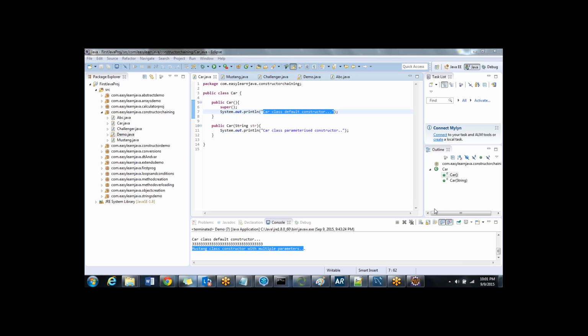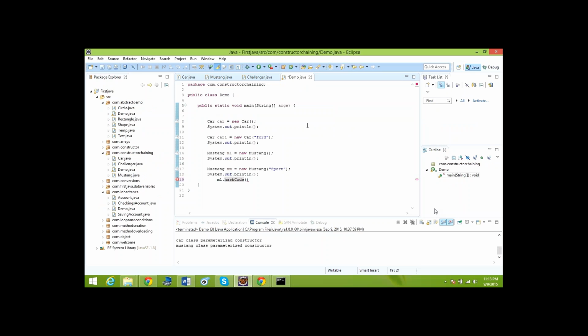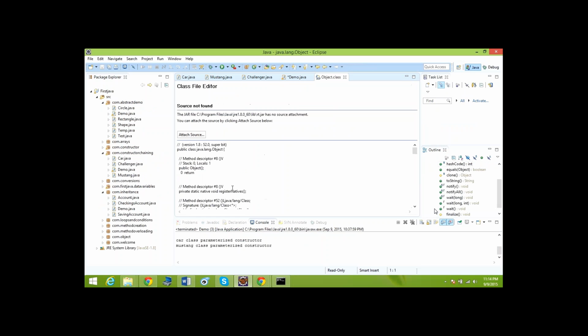Okay, now we will see how to attach the source code into Eclipse. If you click on m1.hashCode or any predefined method you use, and press Control and click on that hashCode, if the source is not attached, it asks for a location saying attach source code. Did you click on it? Yeah, I did. Okay, it asks to attach source code. So if you click on attach source code,